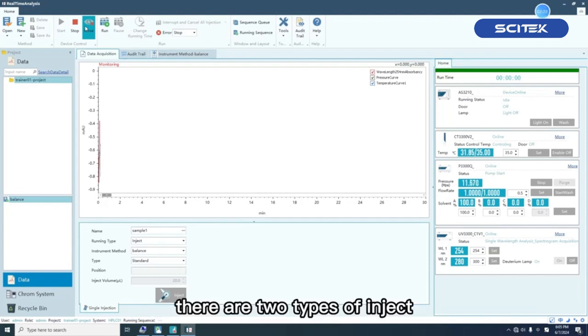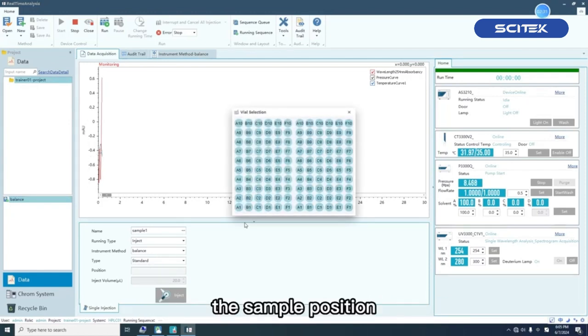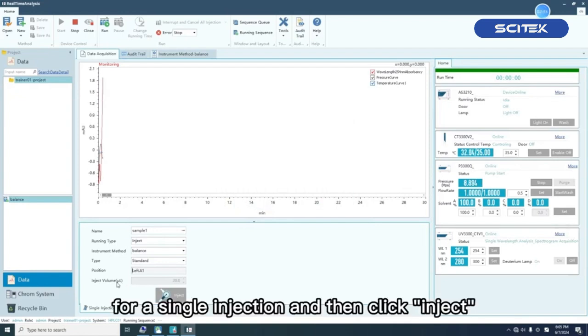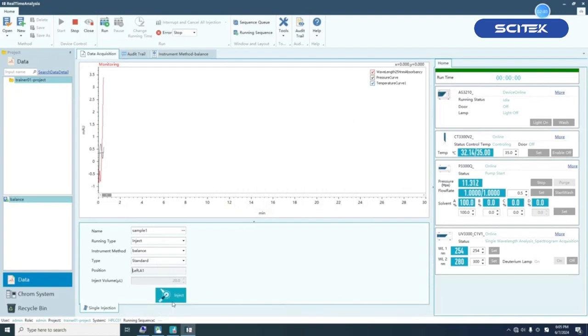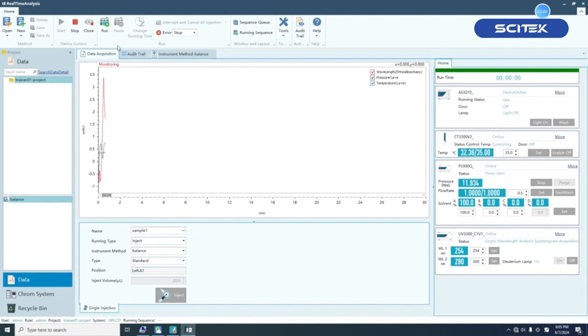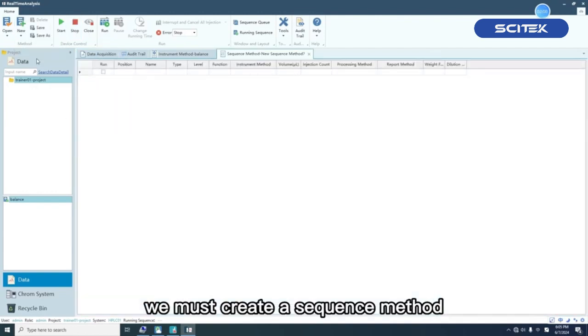There are two types of inject: single phase and sequential phase. Here you can set the sample position, the sample volume for a single injection, and then click inject to make the device work. And before using sequence injection, we must create a sequence method